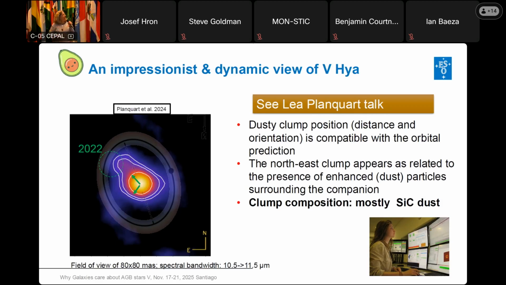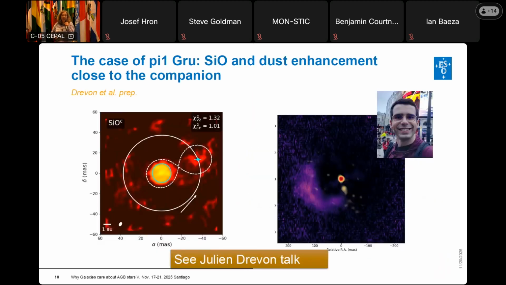Leah will tell you everything about this star, but basically notice that in the Palta shape, the binary is in that circle. And something interesting is that we found that there is a clump of dust next to it, and it's mostly SiC dust. This is the work that Julian will show you. We have another kind of Palta there. This is P1 Gruis. That's the position of the binary, and on the left, you have our MATISSE image superimposed on SPHERE, and Julian will tell you about it.